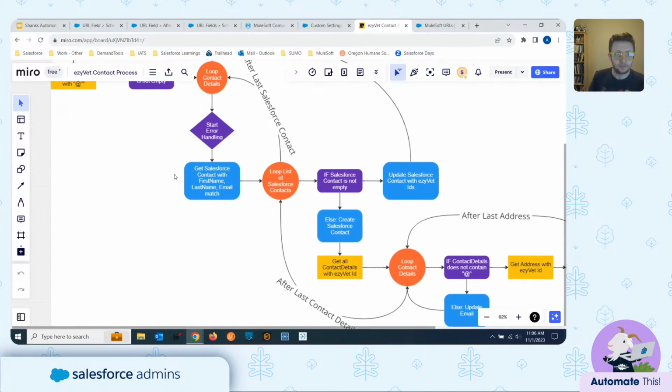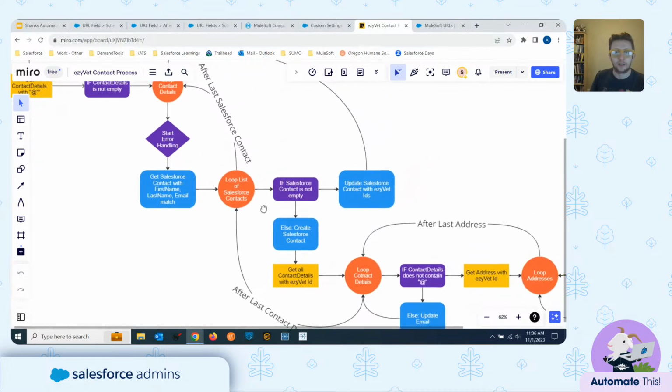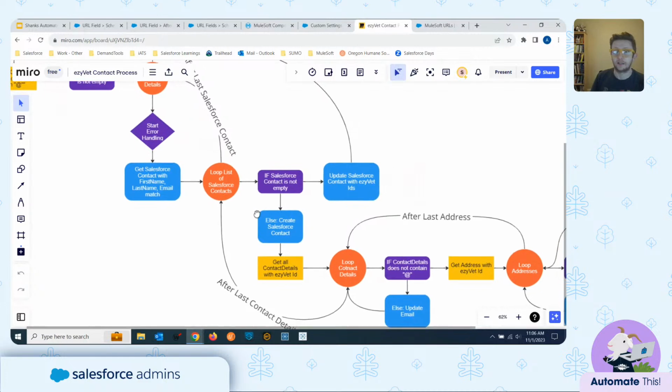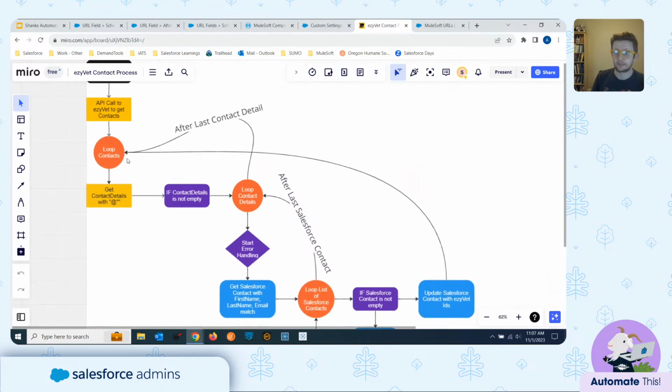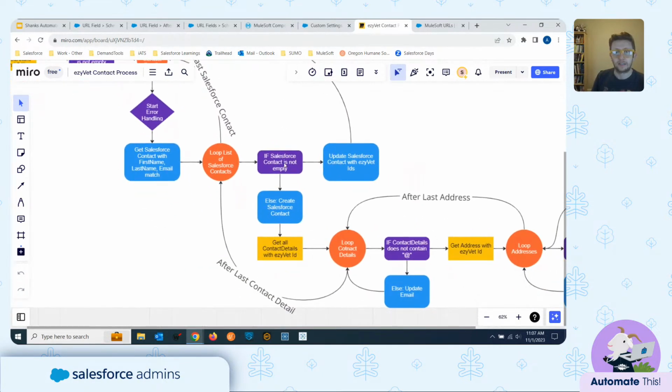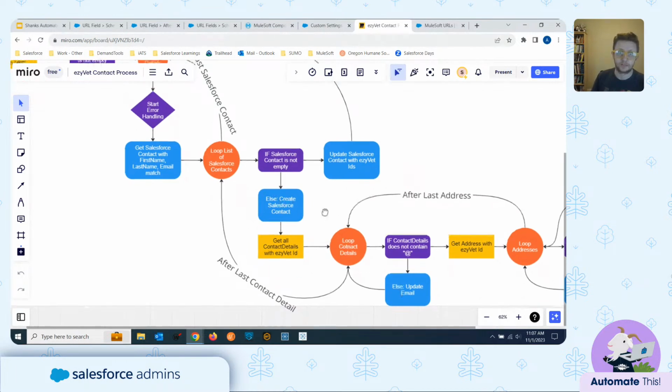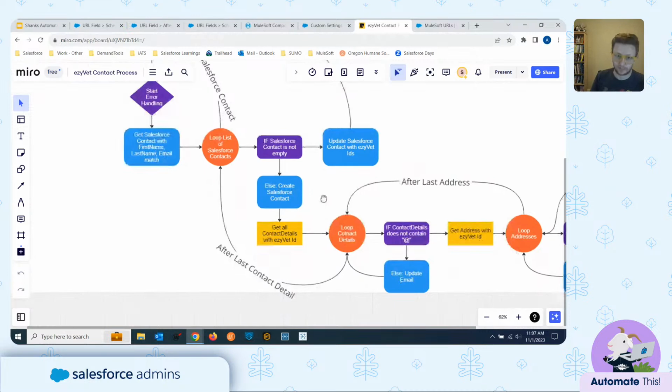So I take the information, first name, last name, email. I try to see if I get any matches in Salesforce. If I do find anybody, I'm looping through that same list and again, checking if it's empty. If it's not empty, so I found a record that matches, I update it with the EasyVet ID, and then basically come back to the next contact. If it is empty, so I have an else for when it's empty, I create a Salesforce contact, and then